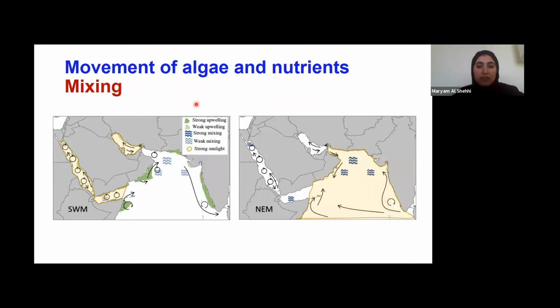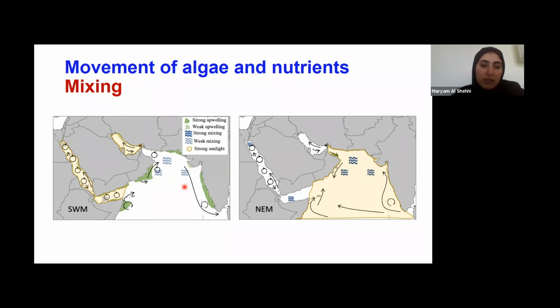And if we look at the mixing, we find that the mixing is stronger in the northeast monsoon compared to the southwest monsoon. So the mixing is stronger in the center of the Arabian Sea during the northeast monsoon. And also here, this area, the southern part of the Arabian Sea. And also there is a strong mixing at the northern part of the Red Sea. However, the mixing is